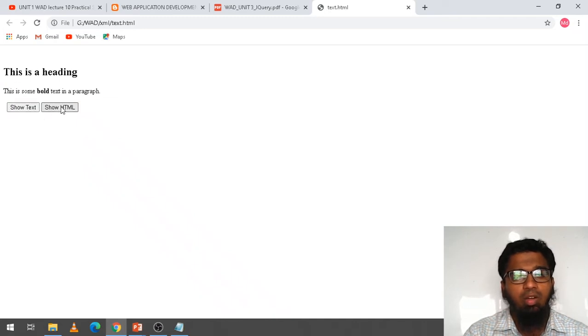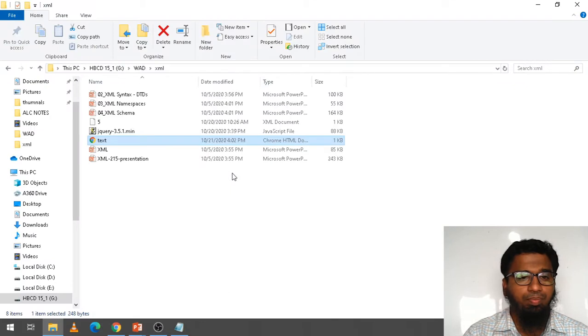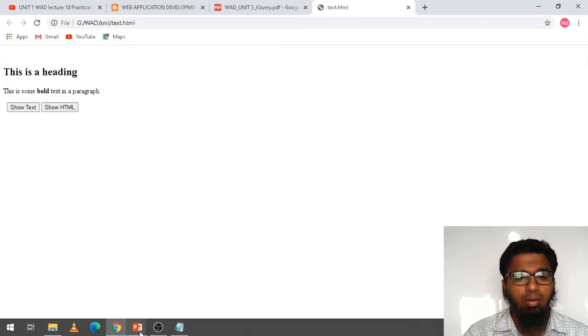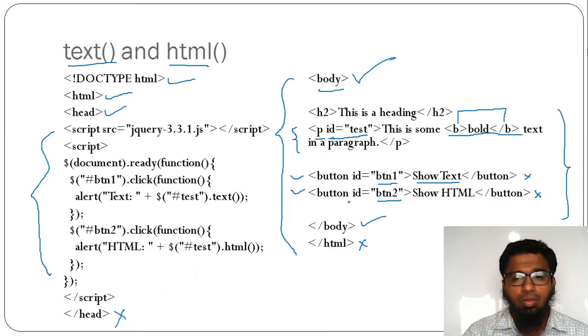But when I click here, nothing is working, because we have not given the scripting code. So we need to come back. Whatever we see is displaying on the body, but at the back side whatever function is performed, you need to write that.